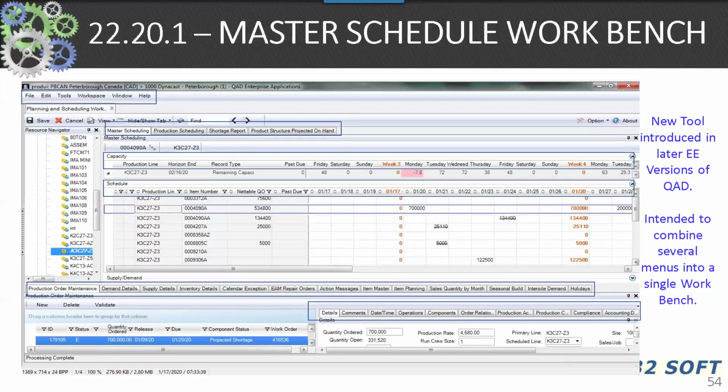This is what it looks like. Master scheduling gives you the visibility of a number of different functions. I've heard 41 different functions, all now in one workbench format, depending on whether you have QAD version SE or EE or 03. Remember, in 03, you're only going to be able to use production orders, but with the other versions of QAD, this